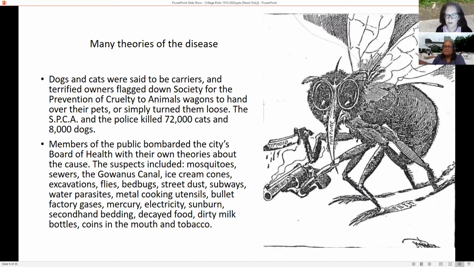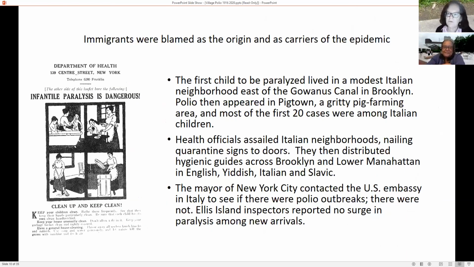Now, of the many, many theories of disease, especially to try to explain its distinct epidemiological picture of emerging in the summer and disappearing in the fall, there were many, many theories here. I'm just listing vast numbers of them. Perhaps the most popular was that it was spread by an insect. Insects were a very cool and modern way of understanding health issues. There were a number of exciting discoveries in the late 19th and early 20th century. Malaria, yellow fever, for example. It made a lot of sense to think about maybe mosquitoes, particularly flies. You see here flies being blamed for a whole range of infectious diseases. But primarily the focus was on immigrants.